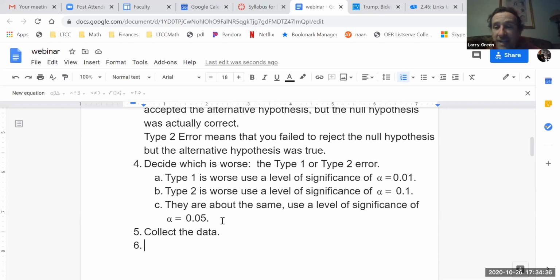Okay, number 6. So now after you collect your data, then you're going to compute the p-value. And this is one of the unfortunate things about statistics. The letter P is used for so many different things. This is different than the P in the hypothesis test with the proportion. Okay, sorry about that. Don't get mad at me. It's just what everyone uses. And so I got to use it. So the p-value,